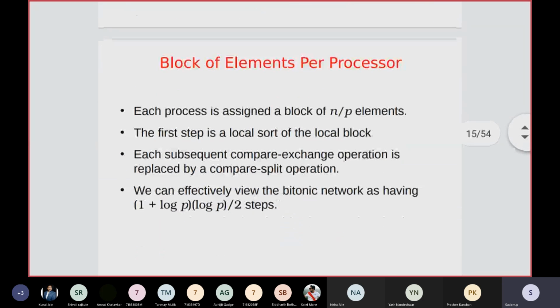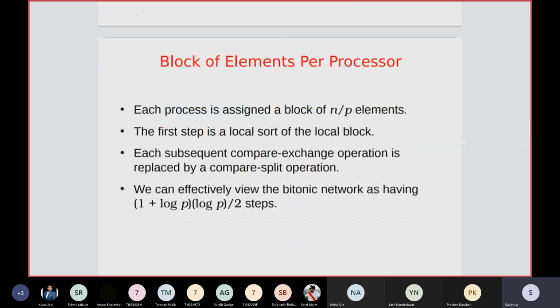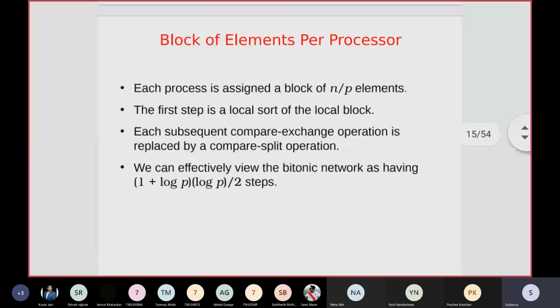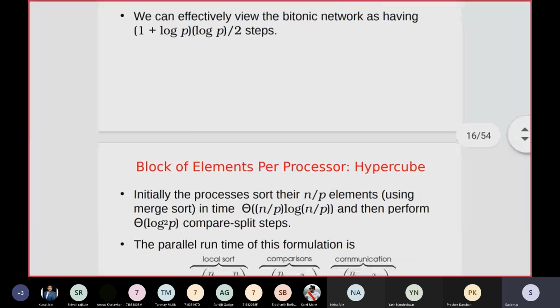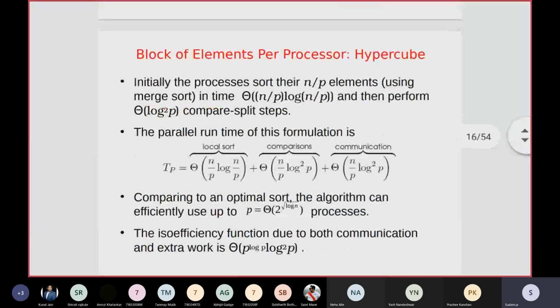Then blocks of elements per processor. In case of the Bitonic sort also, you can assign n by p elements per processor, and then you can derive the parallel runtime. Considering the local sort time, the number of comparisons, and the communication, you can count the steps required there. So in terms of local sort, comparisons required, and the number of communication steps, you can derive the parallel runtime, that is the TP,